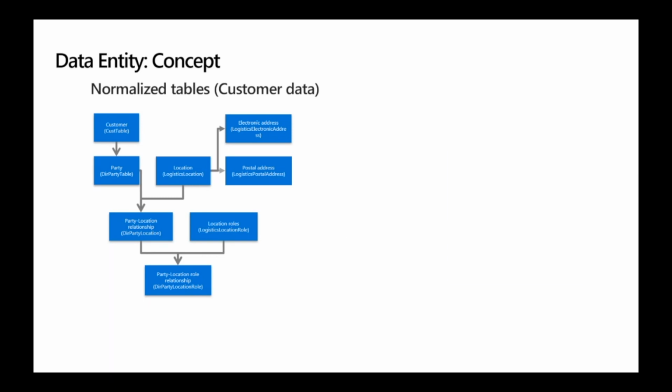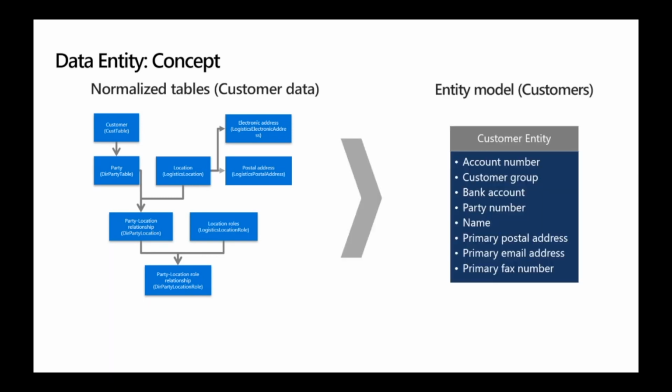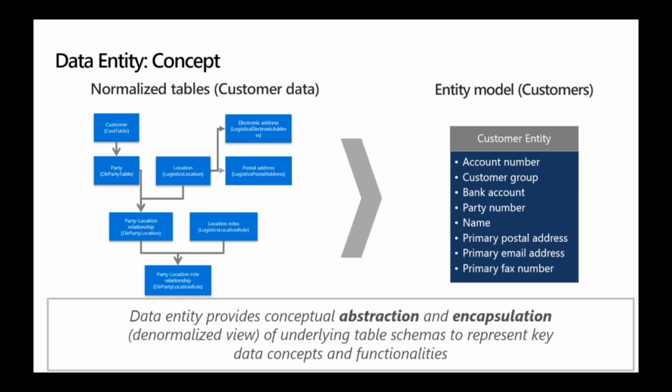And the data entity basically is the concept that we're going to use to avoid that. What we're going to do is denormalize and present the data to the external application again in a logical view. So if we're talking about the customer entity, you will also find the addresses that are related to it in the same entity. By doing that, we make a kind of abstraction and encapsulation, but we need to understand that it also means we are giving up on performance.